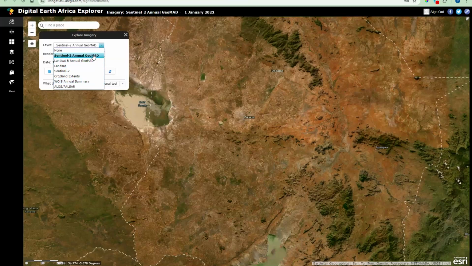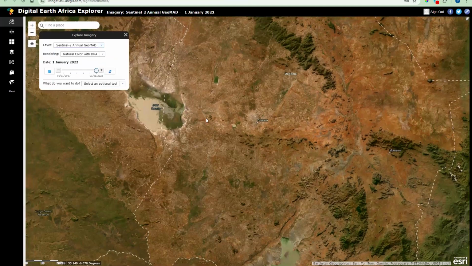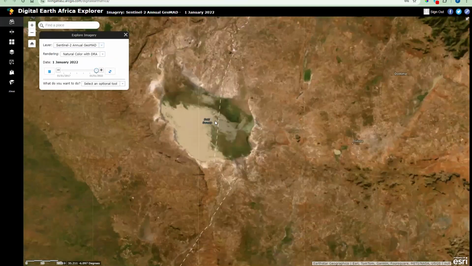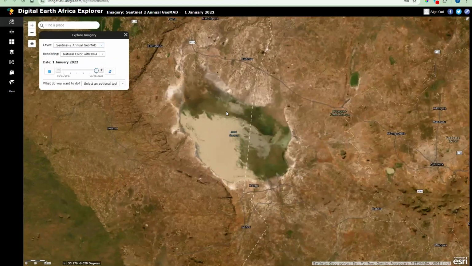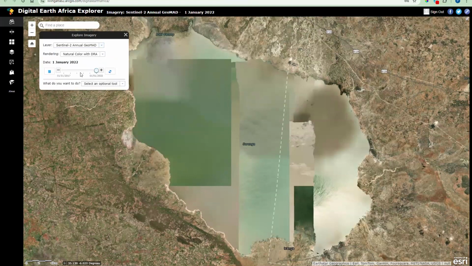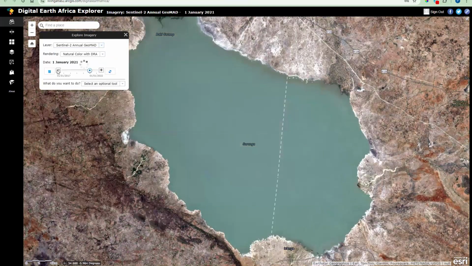An example is the Sentinel-2 annual GeoMAD, which is a composite of imagery from 2017 to date. So if you focus on one of the areas where Digital Earth Africa was able to conduct analysis, we can look at how that area looks at different times and so on. Again, we can do comparisons to different times. If I just step back to 2021, we'll be able to see that